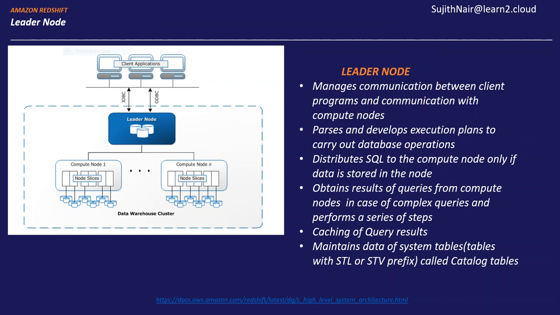Now we are going to have a separate module to cover what is known as data distribution, and we will see that when we are designing tables, so don't worry about it at all. But what I want you to understand right now is that the leader node actually will send a query to fetch data or to perform an action to a particular node if and only if data for a given table is actually present in that node. And that makes perfect sense, right?